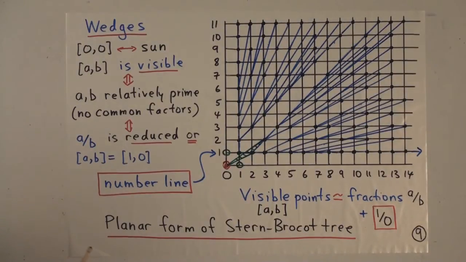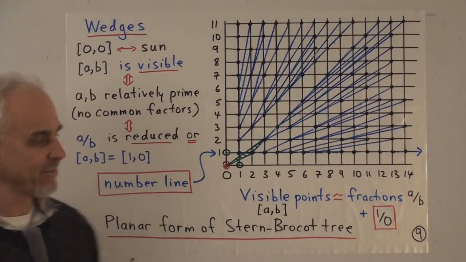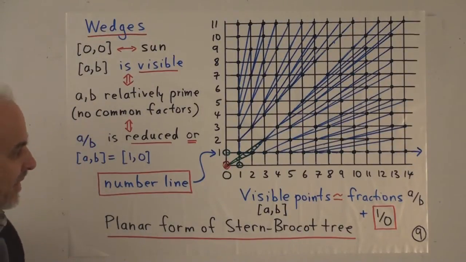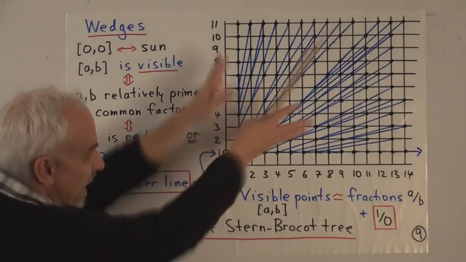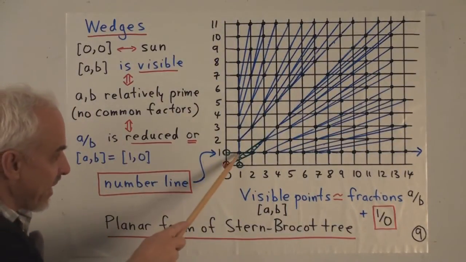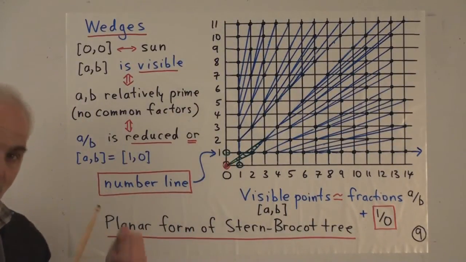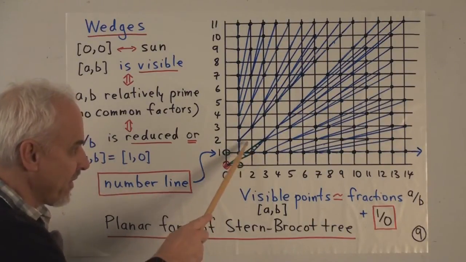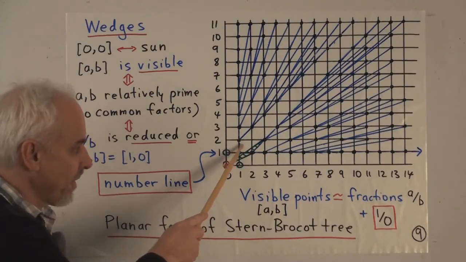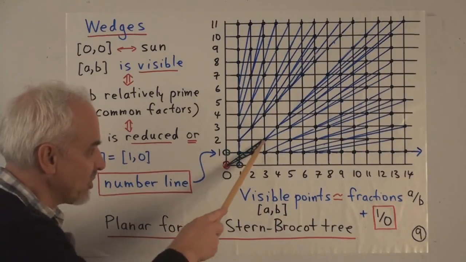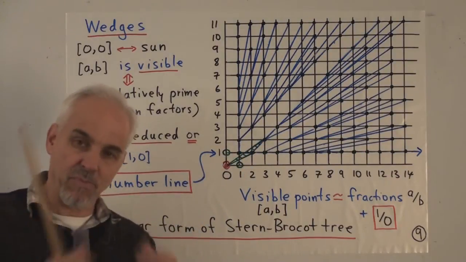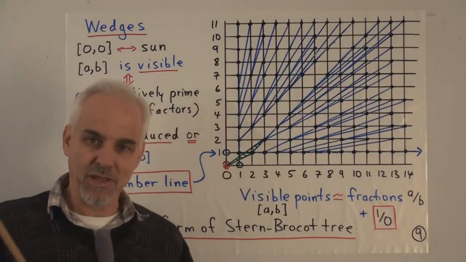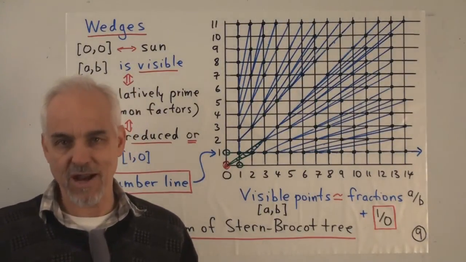Once we've done that, we can draw the Stern-Brocot tree in this situation. Now it's starting from here and going outwards. So this is the apex. This is 1, 1, or 1/1. This is the number 2/1, the number 1/2. And we can draw a bond between 2 points precisely when there's a bond in the Stern-Brocot tree between the 2 fractions.